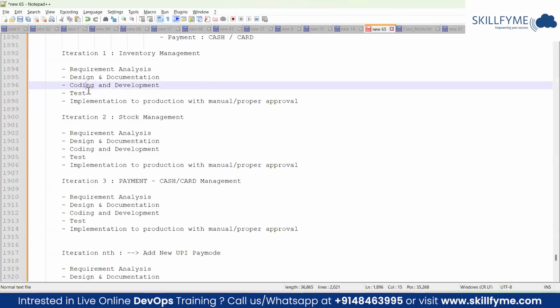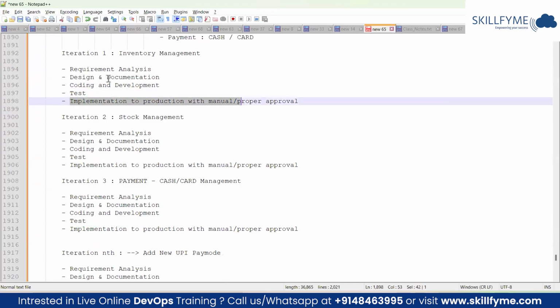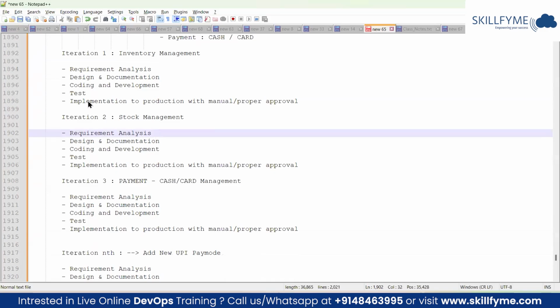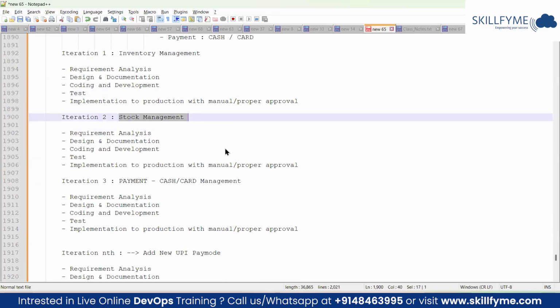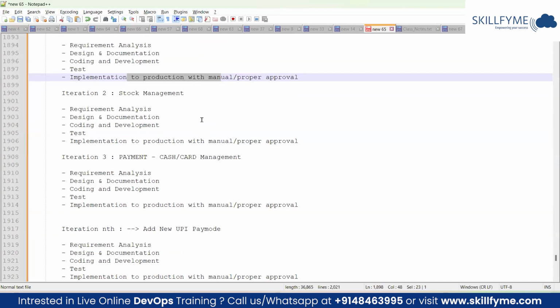For that purpose, once the changes are ready for implementation, we do a detailed review of all these changes and check whether there are any impacts or not. Because of these changes, will it impact others or not? We'll do a thorough analysis and review. And based upon that review and analysis, we'll give an approval for production release. So that is the main thing here.